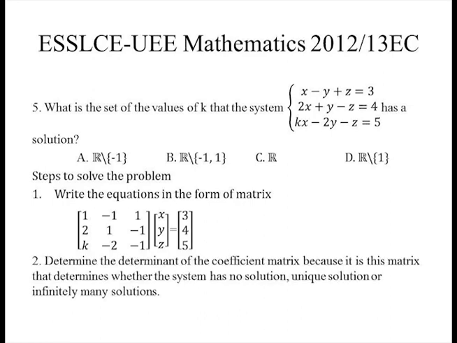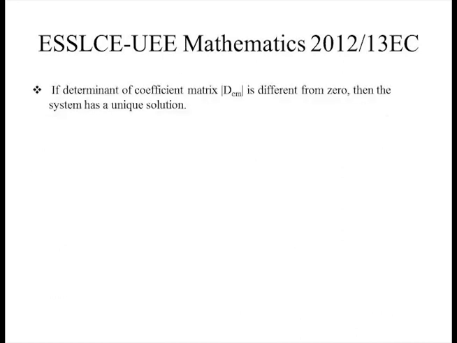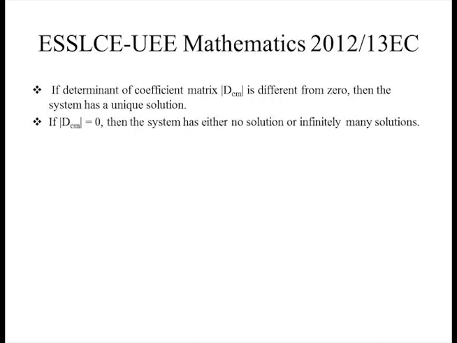Step 2, determine the determinant of the coefficient matrix, because it is this matrix that determines whether the system has no solution, unique solution, or infinitely many solutions. If the determinant of the coefficient matrix is different from 0, then the system has a unique solution. If the determinant of the coefficient matrix is equal to 0, then the system has either no solution or infinitely